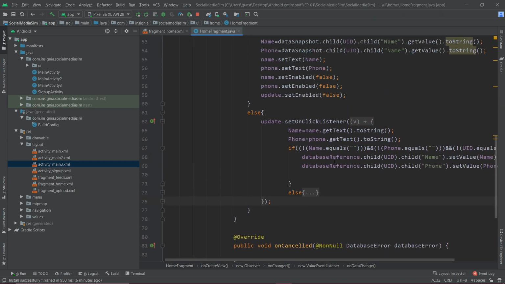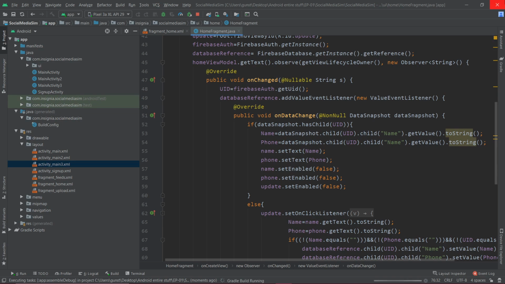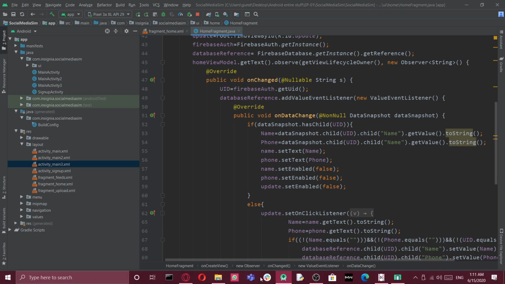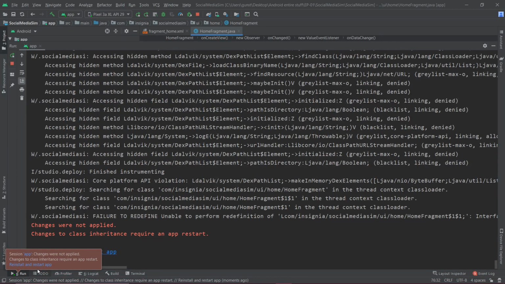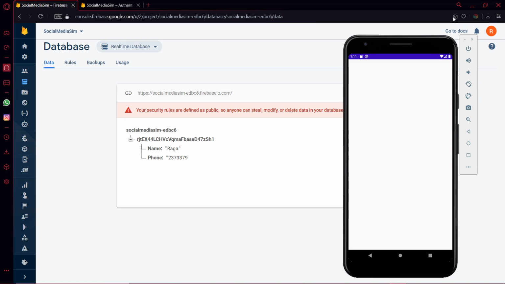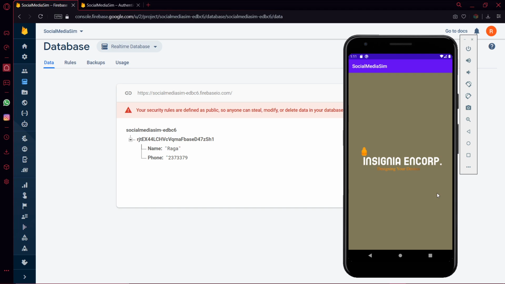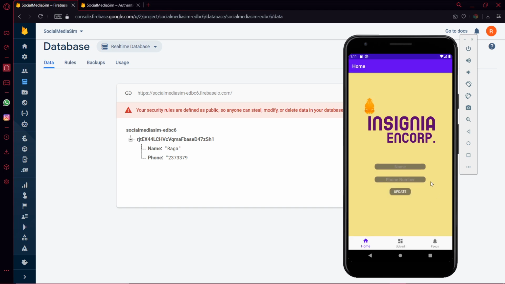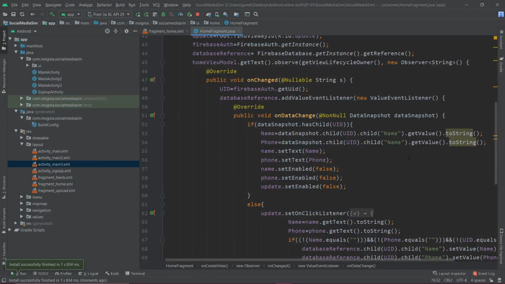So now we'll just go ahead and run our application. It says reinstall and restart the application. We'll just go ahead and hit that. So we'll wait for our application to start. So as soon as my application starts, it will get directly to the content. And what happens here? It basically puts something like Raga and Raga. Wait a second, we made some small mistake. But I did not change it over here. So that is why it does that. So instead I'll give phone.